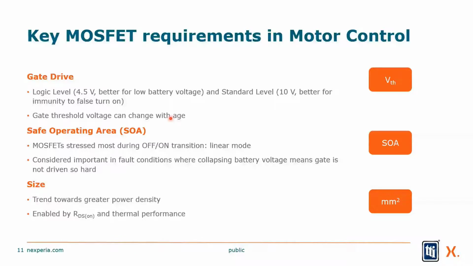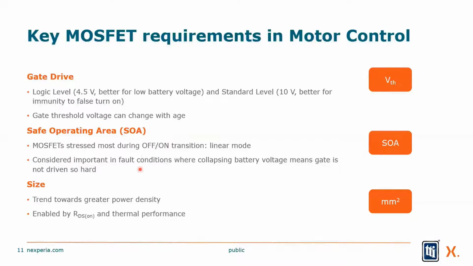As the part gets hotter and gets older, that turn-on voltage may switch as well. I need to look at the safe operating area of a device. This is how much current can it do for how long? How many amps for 1 millisecond? How many amps for 1 microsecond? It's a whole chart of values which lets me know how long I can stay in a particular power mode